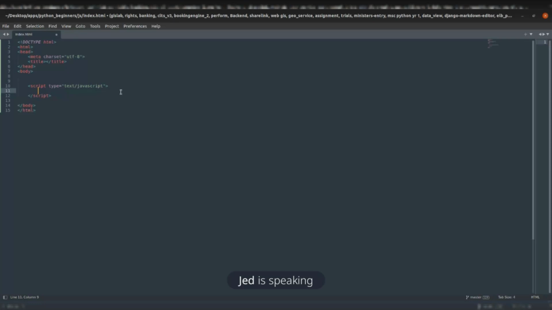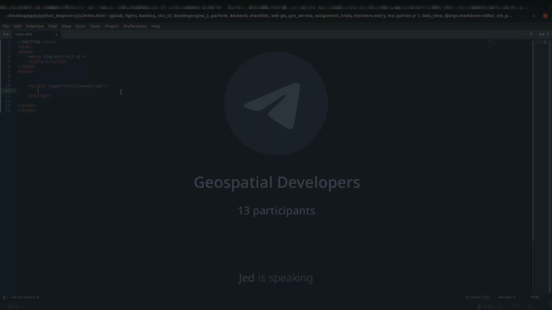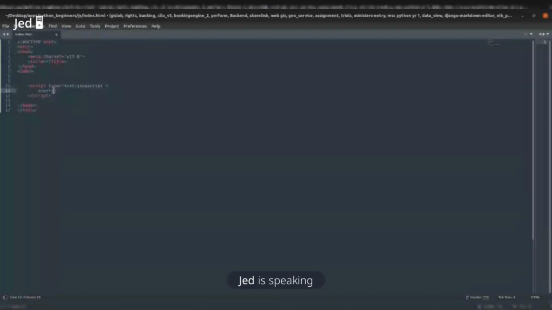So let's say the function should just alert one. But then maybe somebody might need to read my code. So I want to allow the person to understand what initiated me in writing that particular function. Then there's a need for me to use comments. So I do this, and then I say,